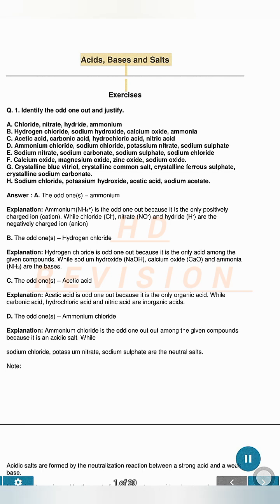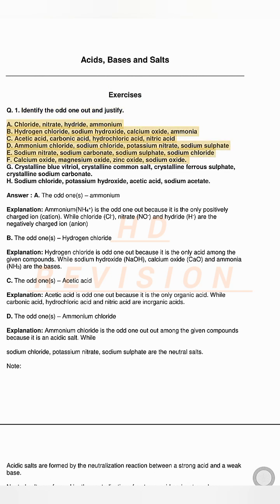Acids, bases and salts. Exercises. Q1. Identify the odd one out and justify. A: chloride, nitrate, hydride, ammonium. B: hydrogen chloride, sodium hydroxide, calcium oxide, ammonia. C: acetic acid, carbonic acid, hydrochloric acid,